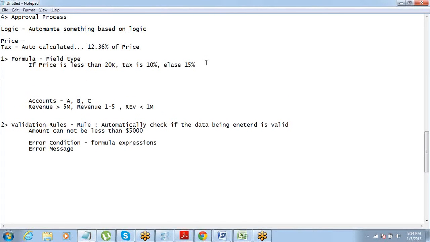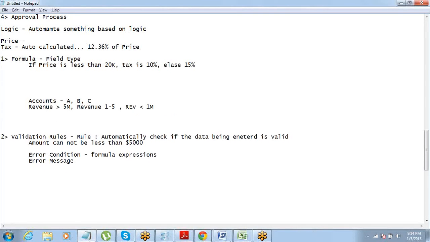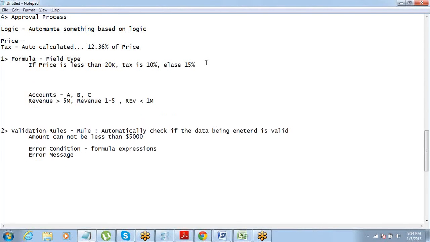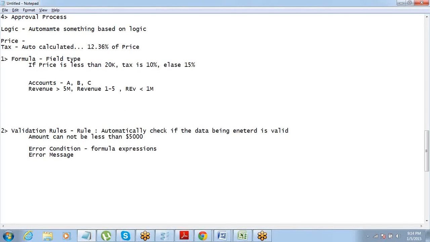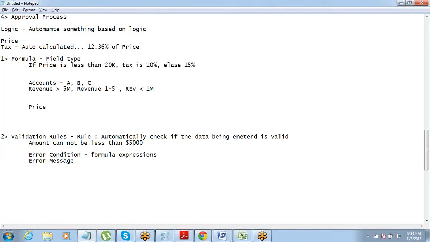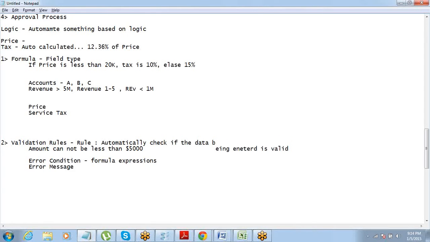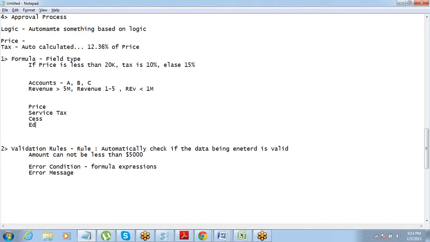For an example. So what you'll have to do is, first of all, you'll have to have these three things. Okay. Yeah. So that's a good example. So let's say there's price, then you will have let's say service tax, and then there is cess, then there is education cess.